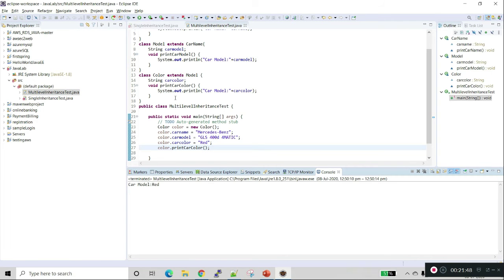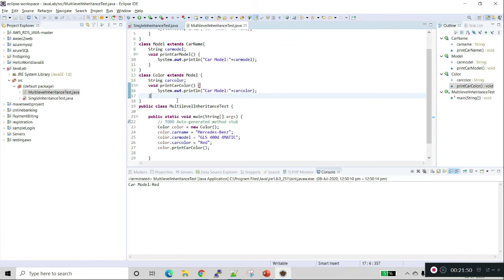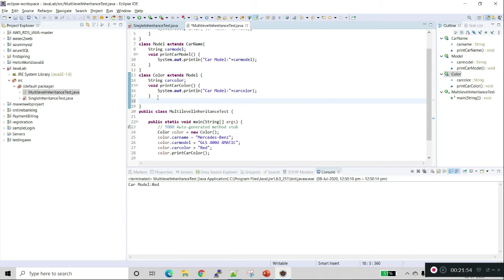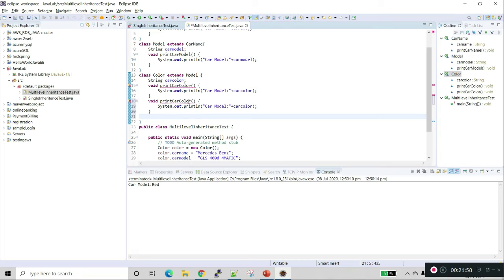So if you want to get all the details like car name, car model, and car color, we'll add one more method here, print car details.